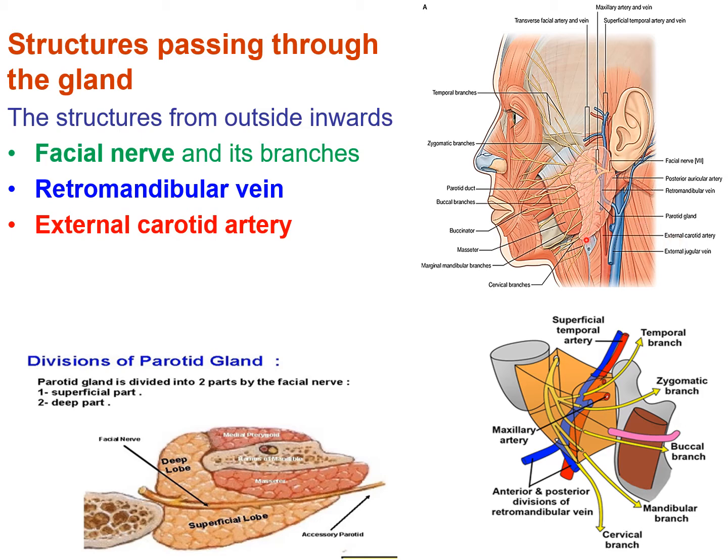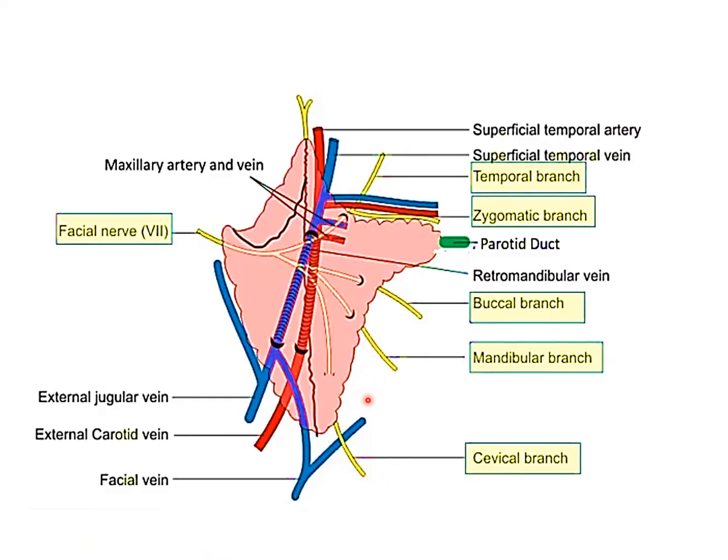So if we appreciate here, the facial nerve is the most superficial. In an intermediate plane is the retromandibular vein, and in the deeper plane lies the external carotid artery. The structures which pass through the parotid gland from the superficial to deep zone are: superficially passes the facial nerve, which enters through the posteromedial surface, traverses through the substance dividing the gland into a superficial lobe and a deep lobe, and